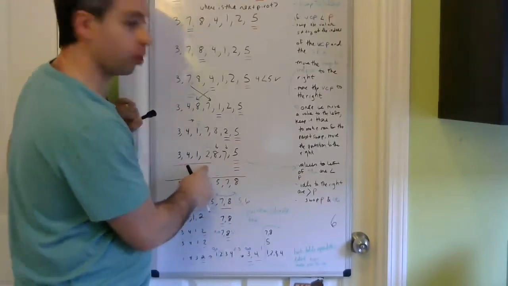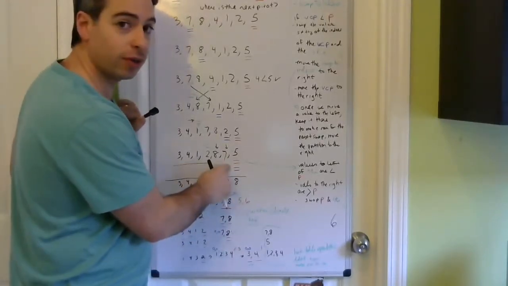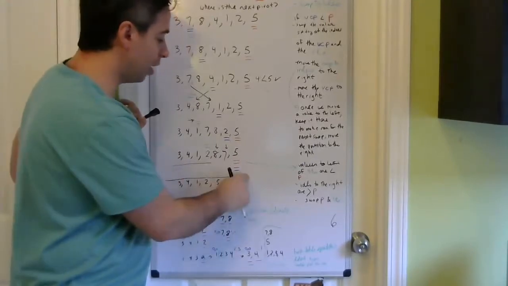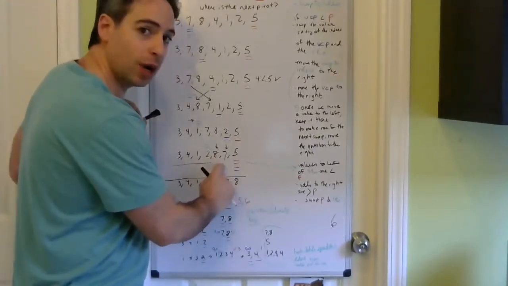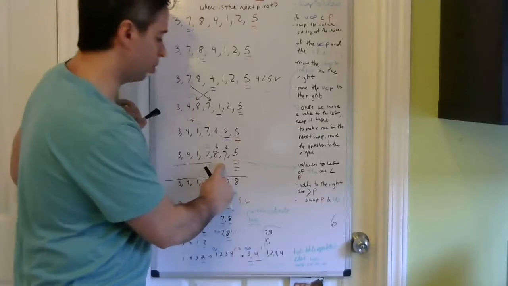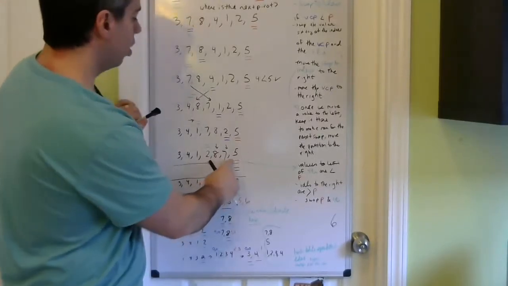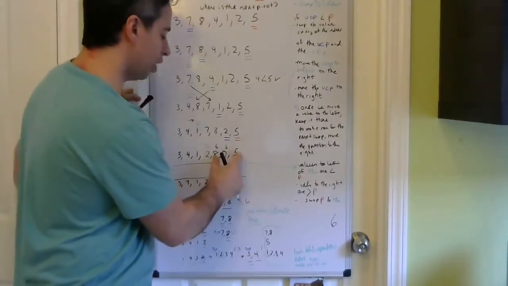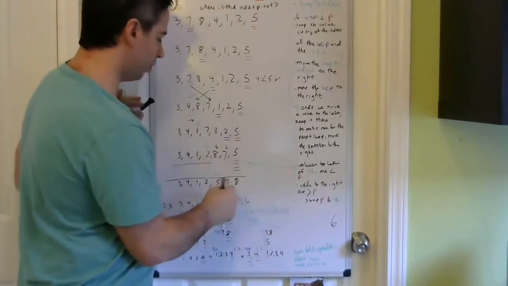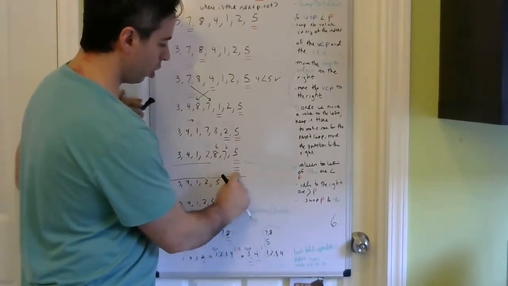So 3, 4, 1, 2 are all less than 5, 8 and 7 are greater than 5. It just makes sense because I'm at the end and the last numbers that haven't been swapped are still sitting here at the swap to index. So 8 and 7. How do I make it so that everything greater than 5 is to the right of it? Swap your